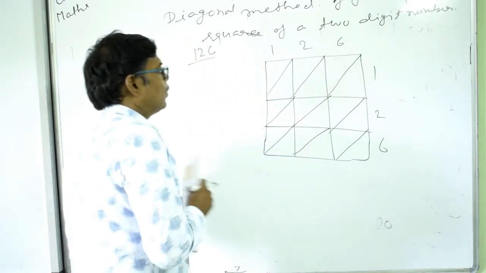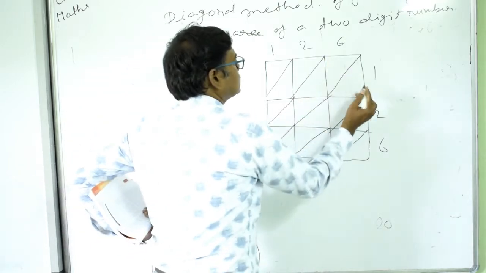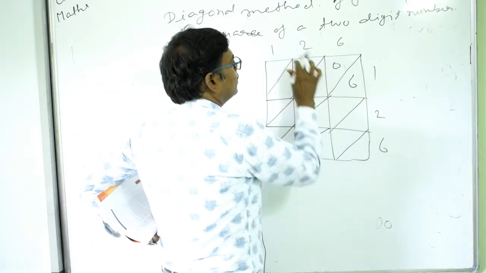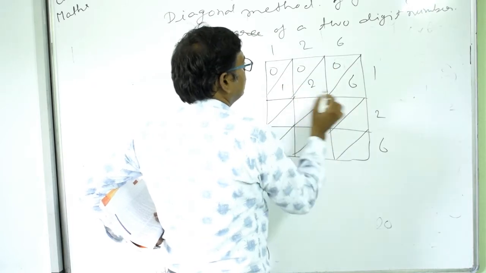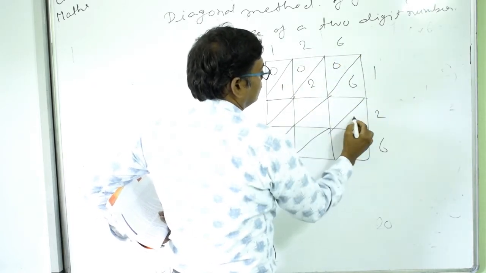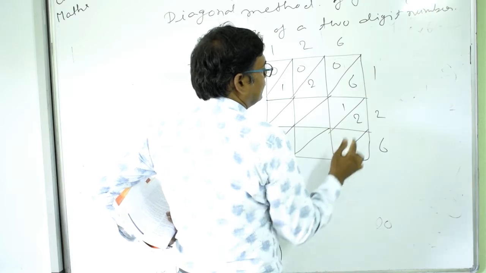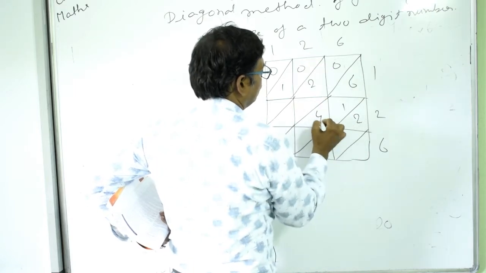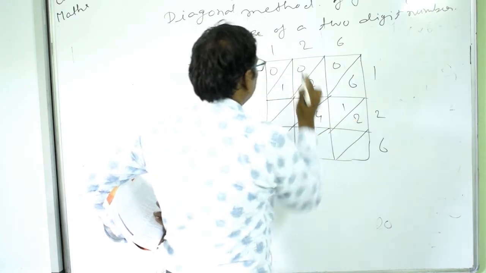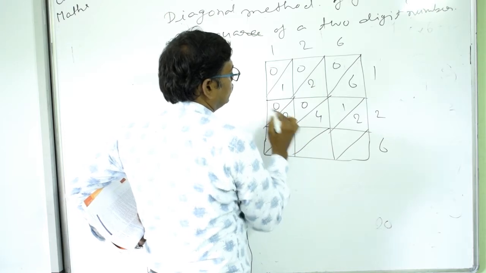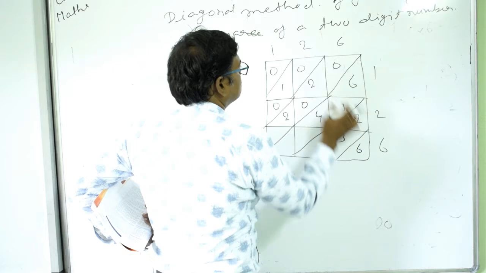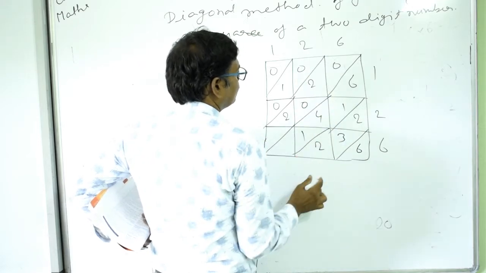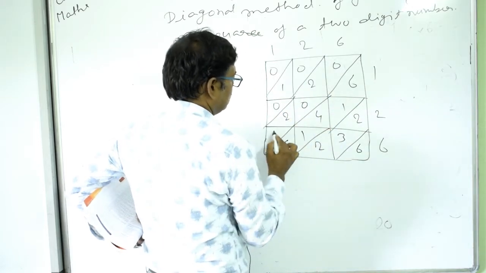Okay, now what would you do here? 6 1 ja 6, then right here 6, then 0, 2 1 ja 2, then 2, then 0, 1 1 ja 1, then 1 and 0 here, then here 6 2 ja 12, then 2 and 1 here. Okay, and 2 2 ja 4, then write 4 and here 0, and 2 1 ja 2 again, so 2 and 0, then 6 6 ja 36, then write 6 here and 3 here, 6 2 ja 12, then 2 and 1, and 6 1 ja 6, then 6 and 0.